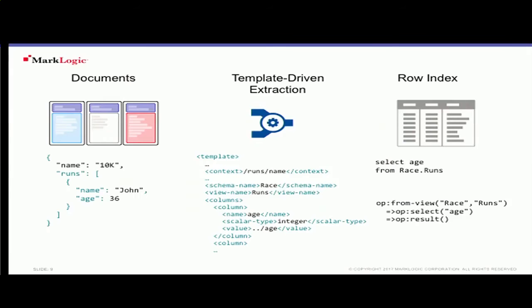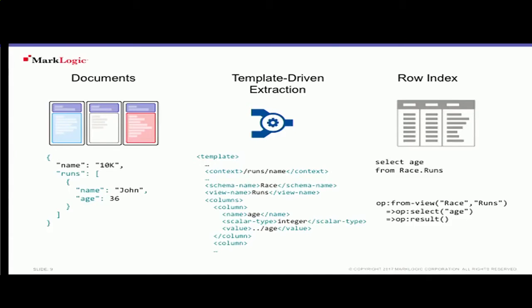They are a way of writing a description to say, when you see a document that looks like this, you can interpret these places, these values, as a row in a table. So for instance, here you can see a document, and then the template that defines where to look in that document to produce the values for the columns of a row, and that row then becomes part of a table that can be queried with either SQL or